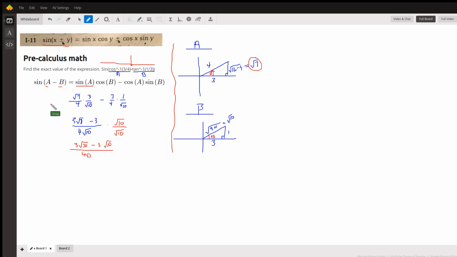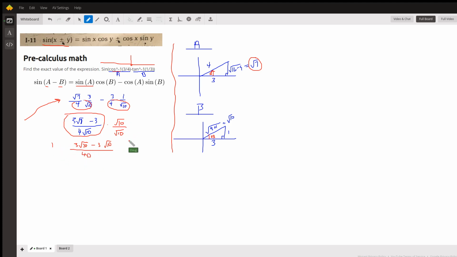Now, I suppose you could leave it this way. You could notice that these two denominators are equal. So you could just subtract the fractions. 3 radical 7 minus 3 over 4 radical 10. That's an okay answer. But if you're asked to rationalize, multiply top and bottom by the square root of 10,